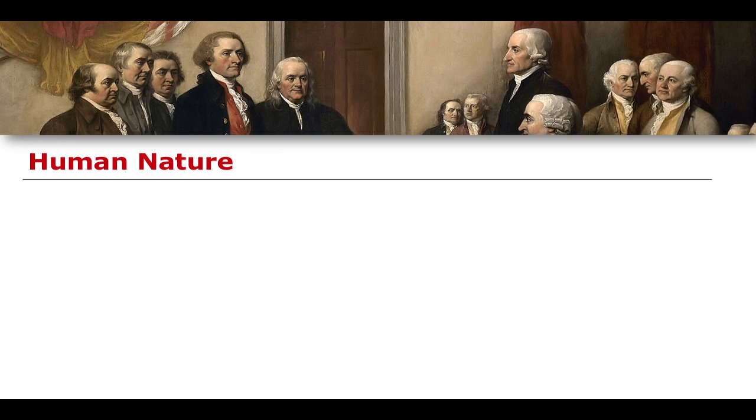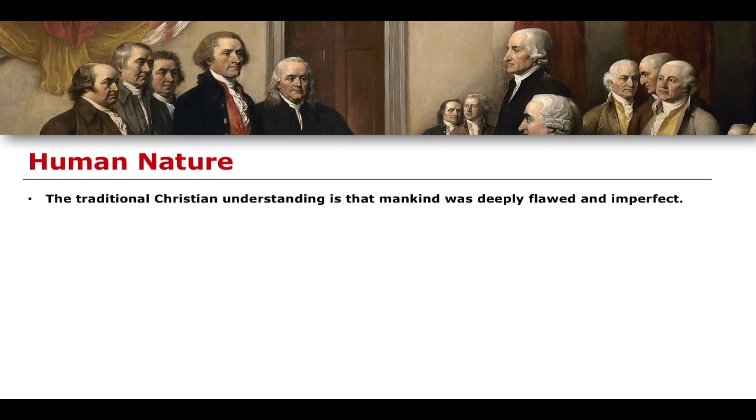You have to think about religion, and about the ways in which Christianity and Christian doctrines inform these Western ideals of political philosophy, in order to get a really good understanding of how political philosophy developed in this way. The traditional Christian understanding of mankind and human nature is that we are deeply flawed and deeply imperfect. If you want to know more about that, see our lesson on original sin from the perspective of St. Augustine in our medieval philosophy lectures.